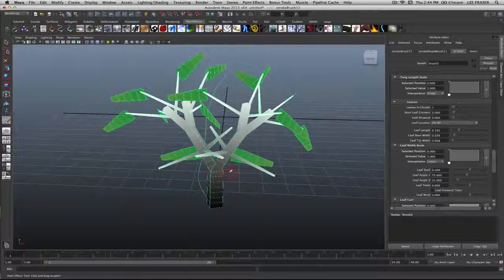So I think the next step that is useful is to break down a stroke or a custom brush that's already been created that may not look as organic or may not be